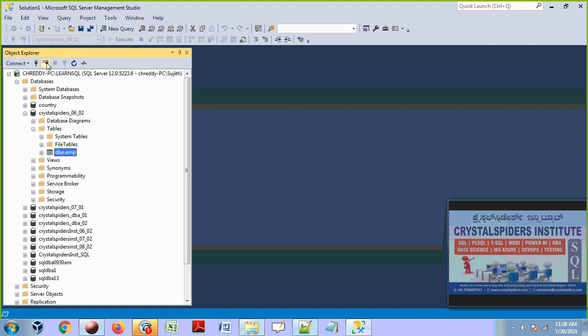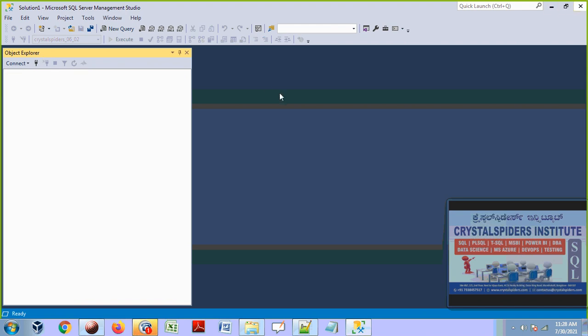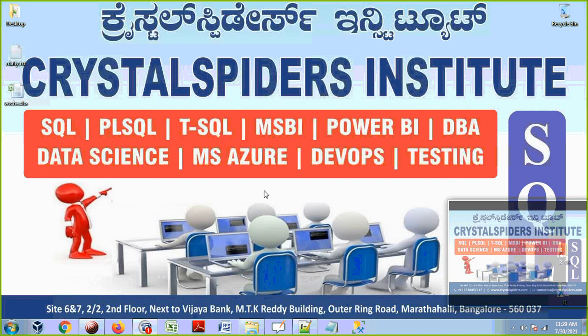So this is what, guys, granting access to users at the database level and at each individual object level, and we can grant in the same way to SQL authenticated users also. Yes, to SQL authenticated users also we can grant object level access. So in today's session we understood how to create SQL authenticated users, and we saw how to grant access to a new user on the database. We added the database roles, and we saw how to add access on specific objects. For example, on an employee table, we added select, insert, update, and delete access.